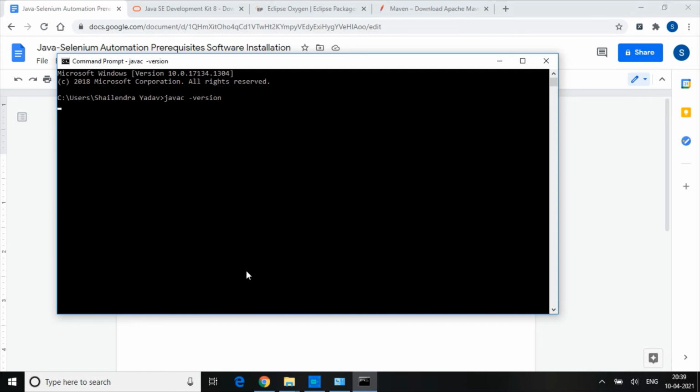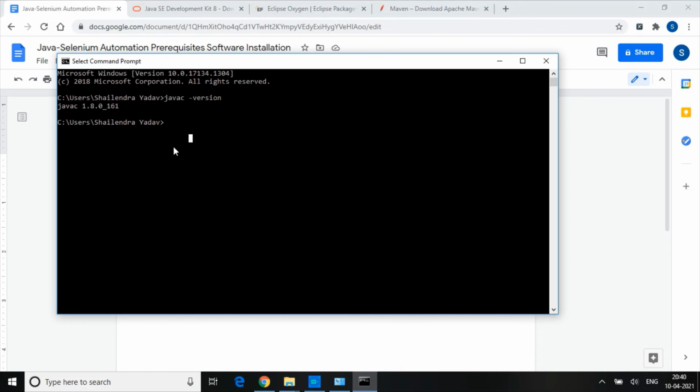It will show you the Java compiler version, which means it has installed successfully, which means your environment variable setup is done successfully.